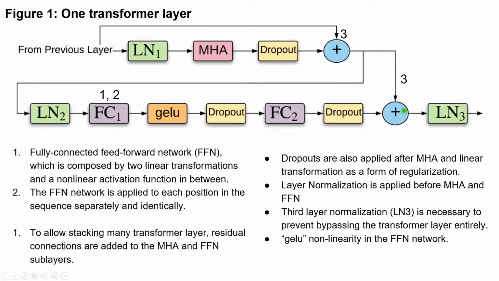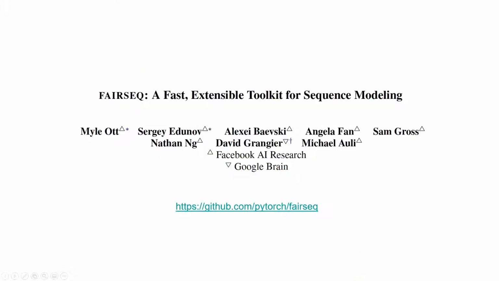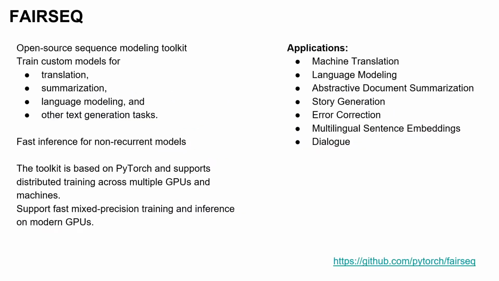This is actually going here, so this is also another residual connection. So this additional enhancement was done to just one of the layers of the transformer. Now the toolkit used in this particular paper was FairSeq, an open source toolkit by Facebook for building models for translation, summarization, language modeling, etc. And the purpose was that if we wanted fast inference for a non-recurrent model, this